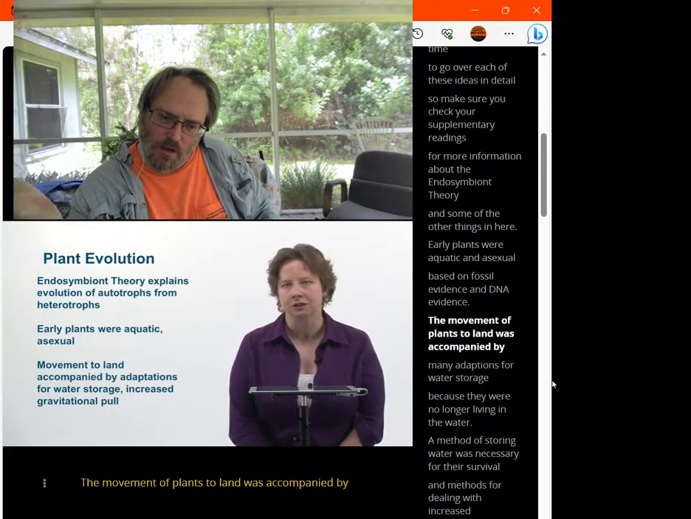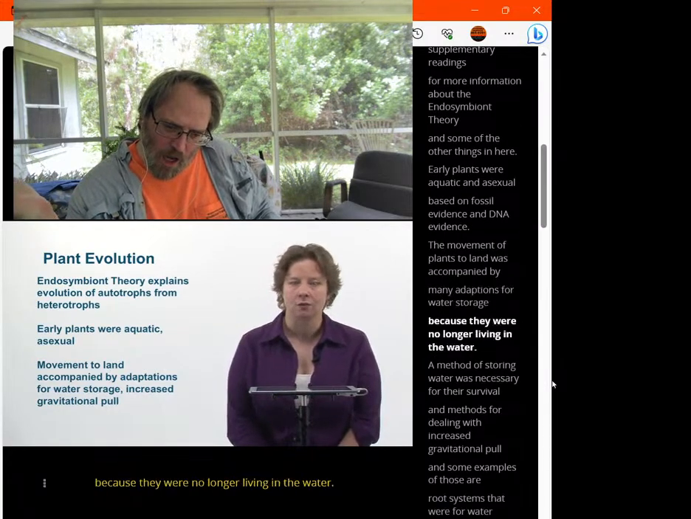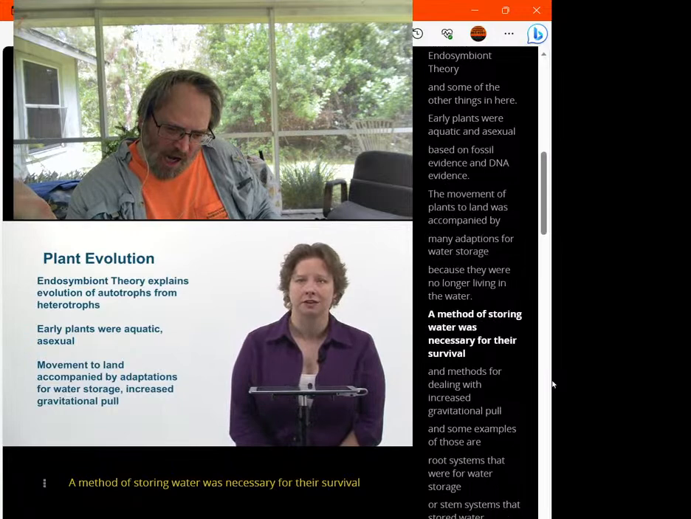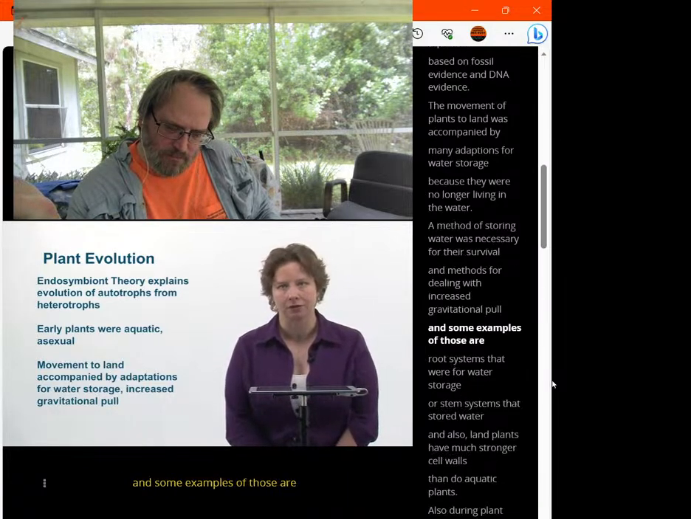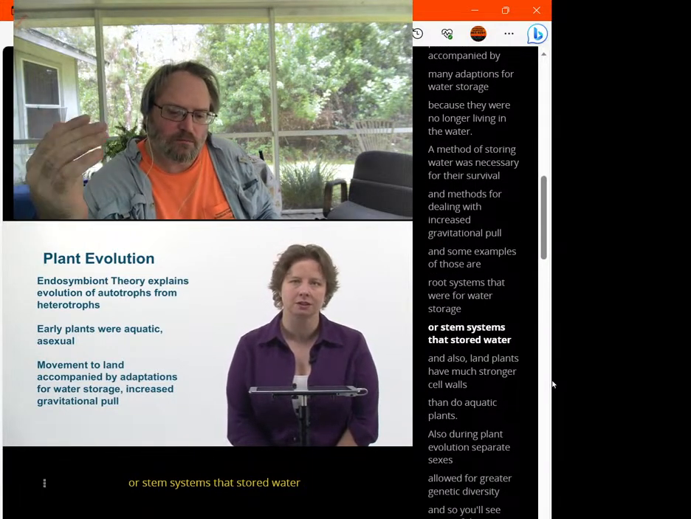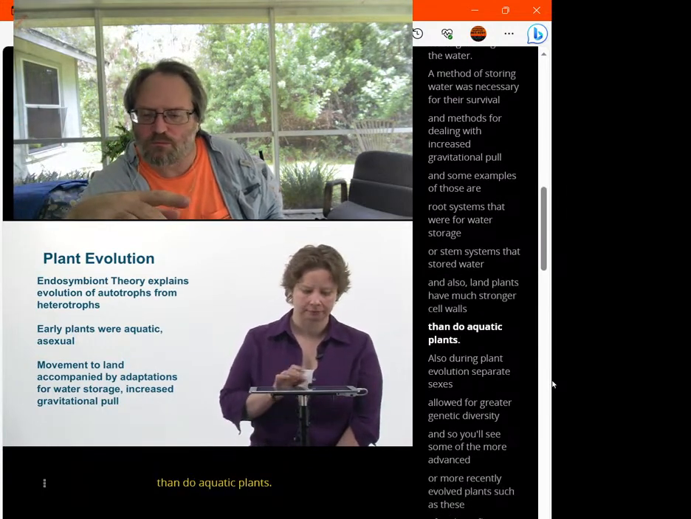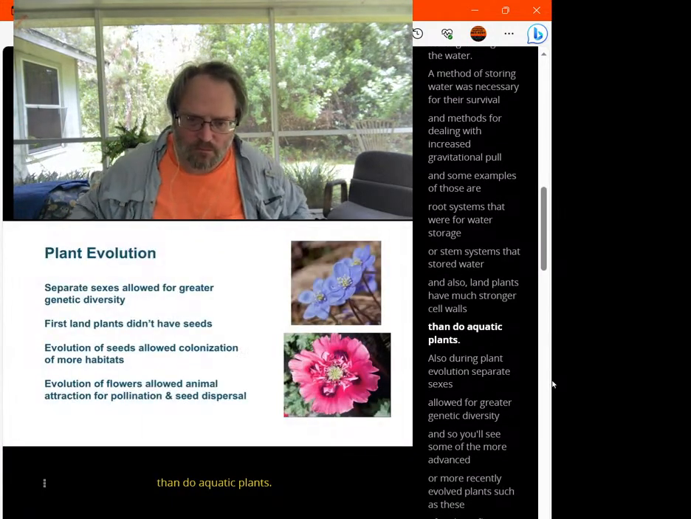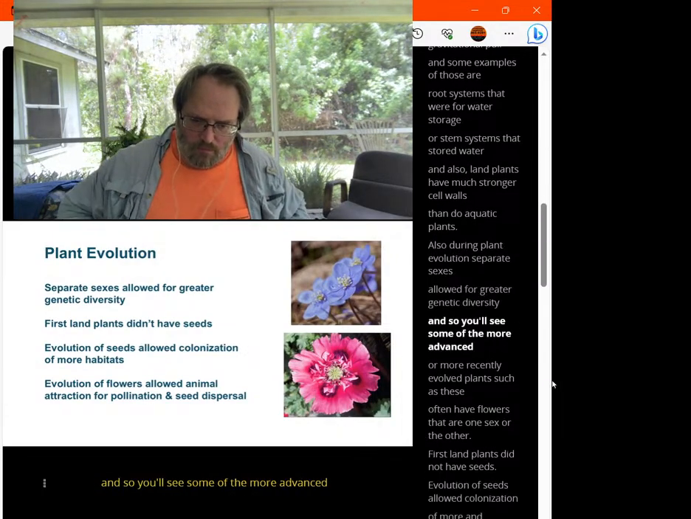The movement of plants to land was accompanied by many adaptations for water storage because they were no longer living in the water. A method of storing water was necessary for their survival, and methods for dealing with increased gravitational pull. Some examples of those are root systems that were for water storage or stem systems that stored water, and also land plants have much stronger cell walls than do aquatic plants. Also during plant evolution, separate sexes allowed for greater genetic diversity, and so you'll see some of the more